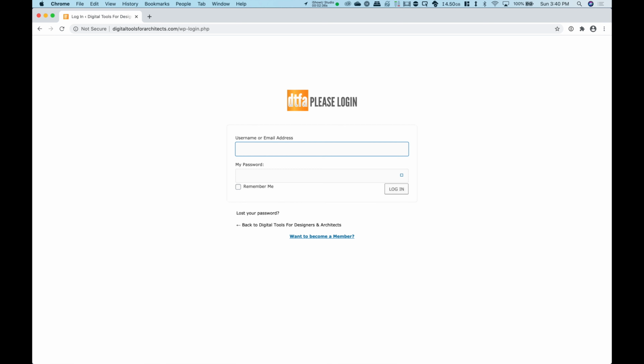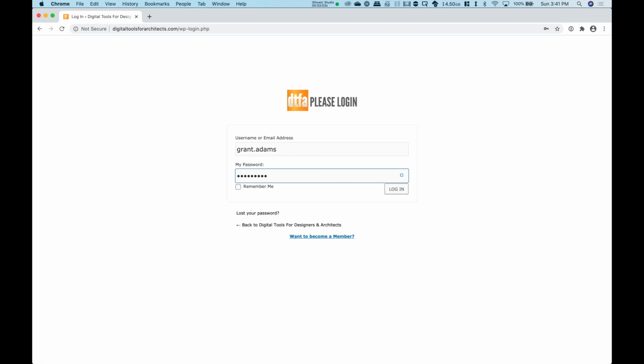In my case, I have a sample student account that I'm going to use. So it's my sample student account. And then you're going to go ahead and type in your password. Now, in the case of your new student account, this will be something that the email will send you. It'll be a random string of numbers for security purposes, and you go ahead and paste that into this field. In my case, I have to actually type in password,